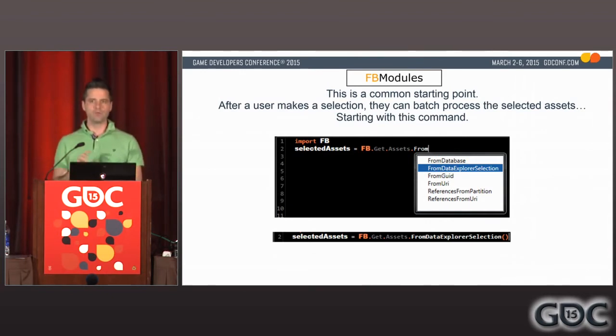I go with a 2-letter designation, so it's easy to type. A 1-letter designation is too easy to conflict if someone else wanted to use a single variable name. But with FB imported, with that thin wrapper imported, we can do things like as soon as we hit FB